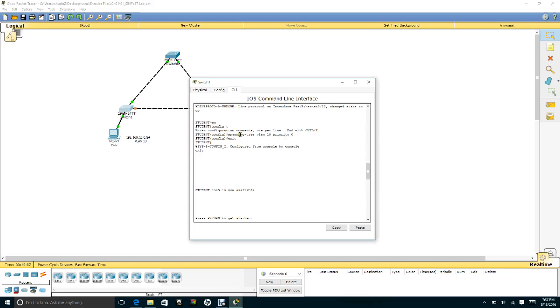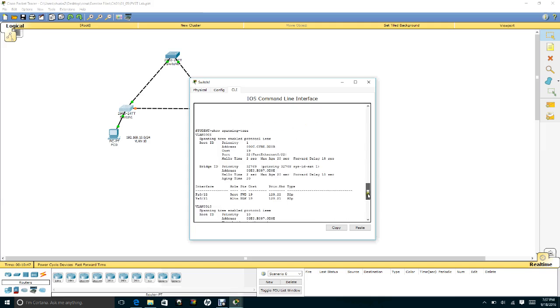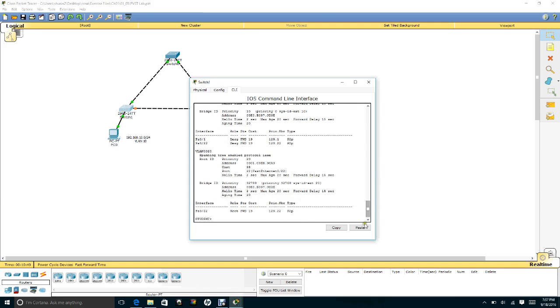When you put 0, you make switch 1 the root bridge for VLAN 10, which is the student VLAN. So now if I run show spanning-tree,